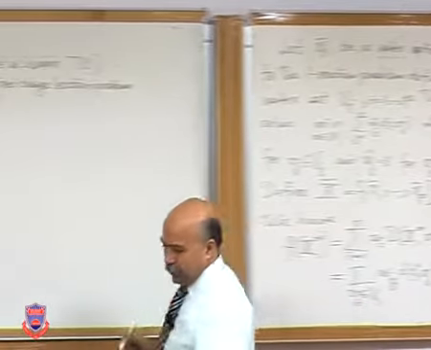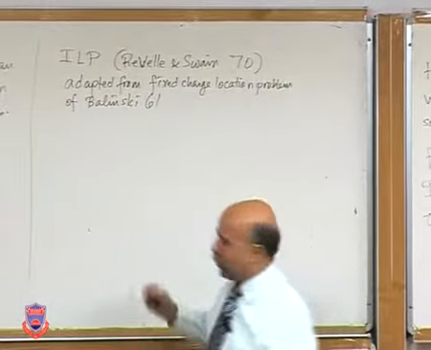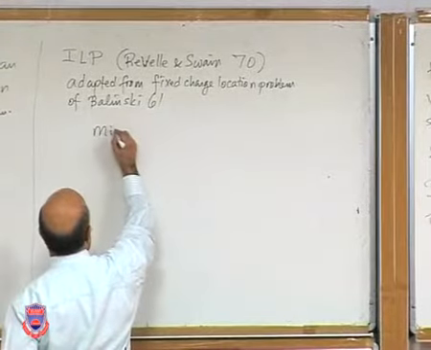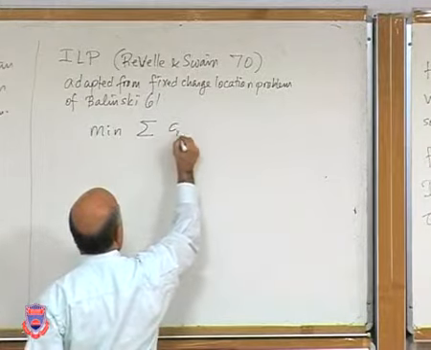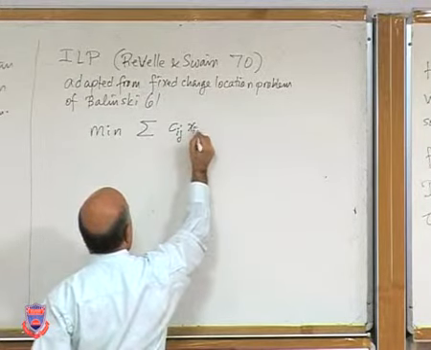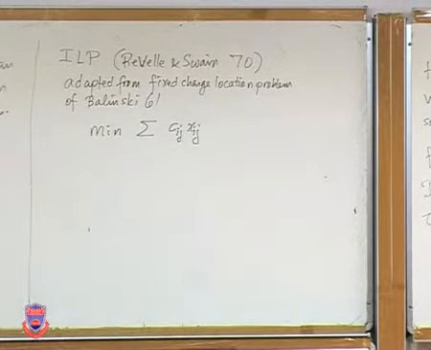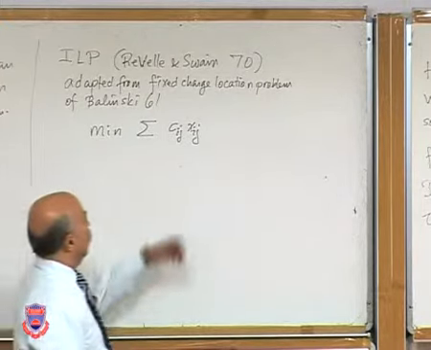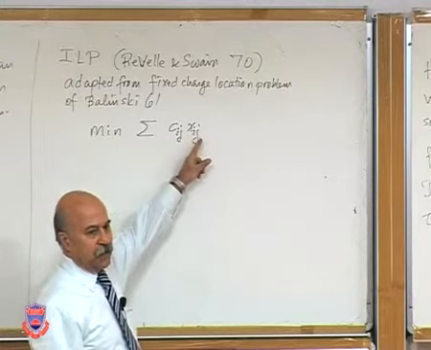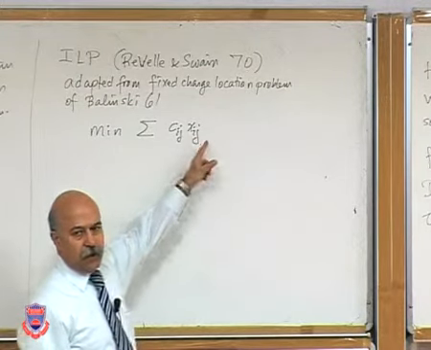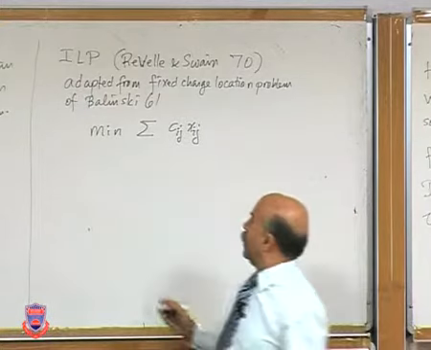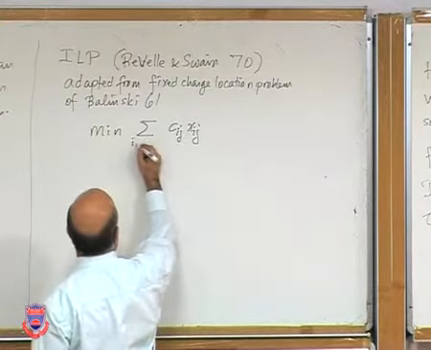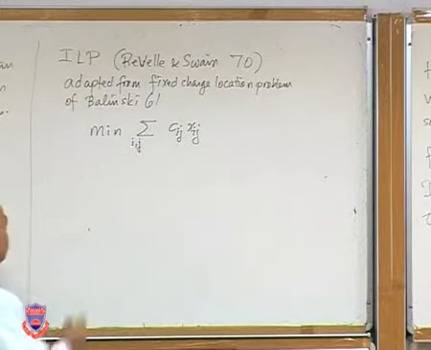All right, so the formulation they came up with is the following one. You minimize the summation of Cij Xij, where Xij is a 0-1 variable. It will be 1 if the ith vertex receives service from a facility at the jth vertex. That's the definition. So you're summing this over all ij pairs, okay? Subject to,